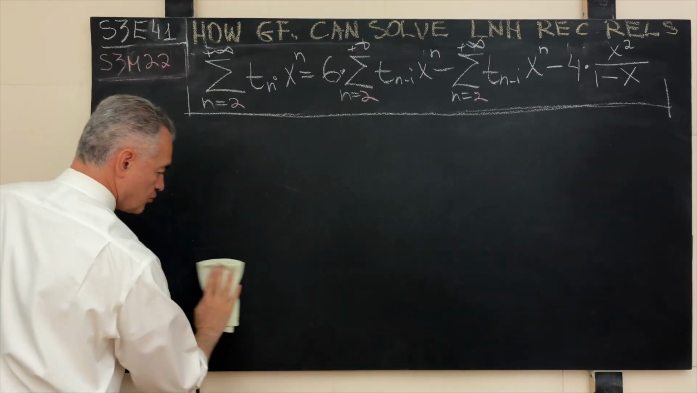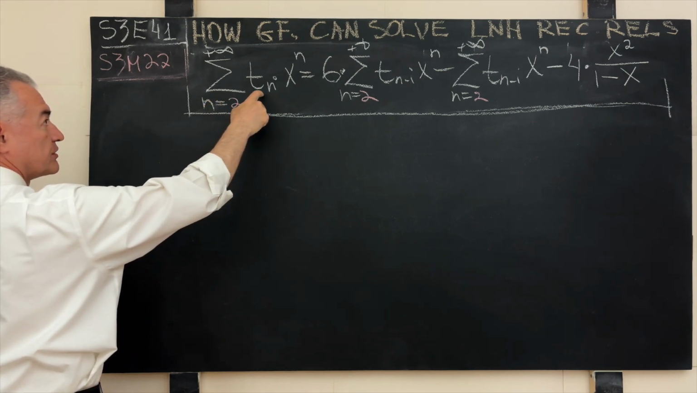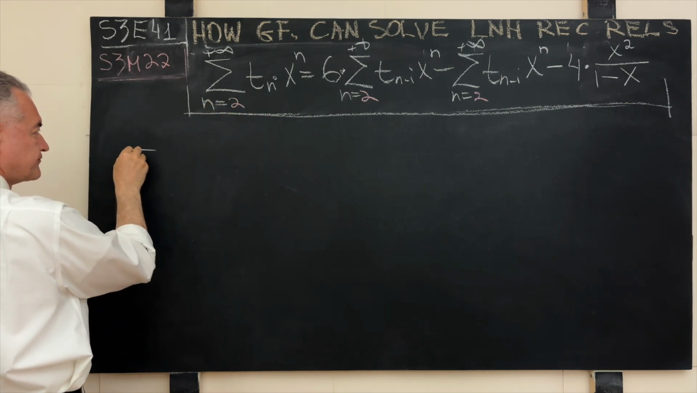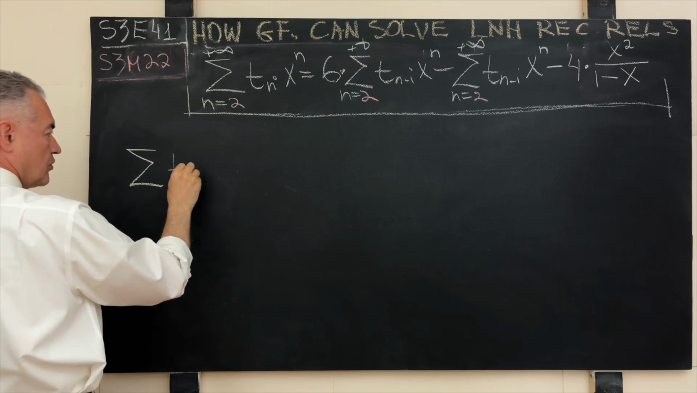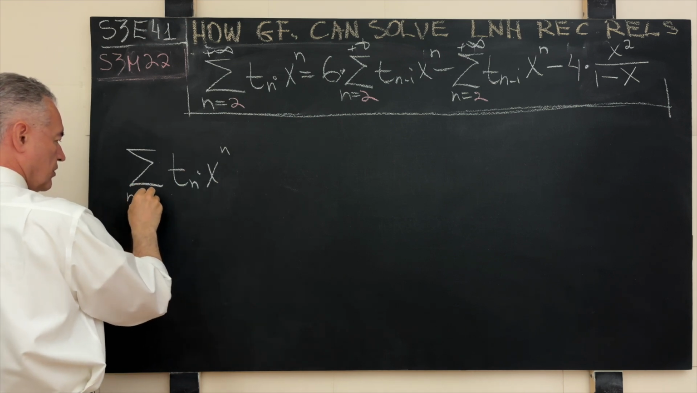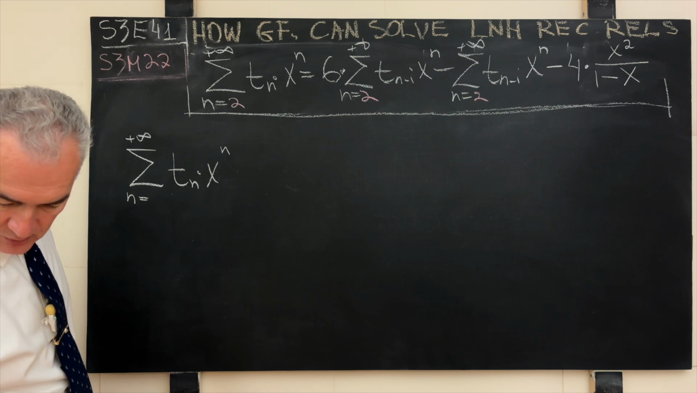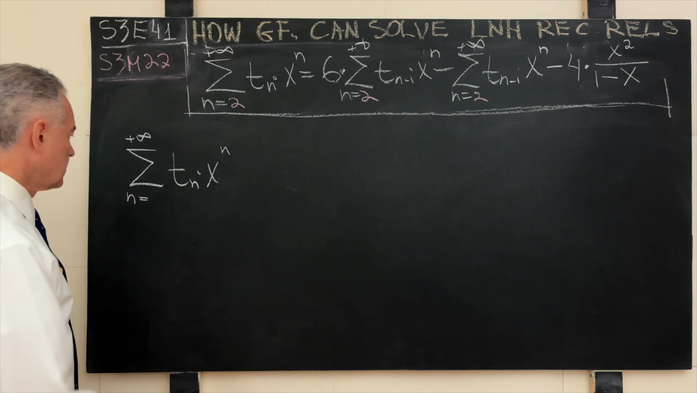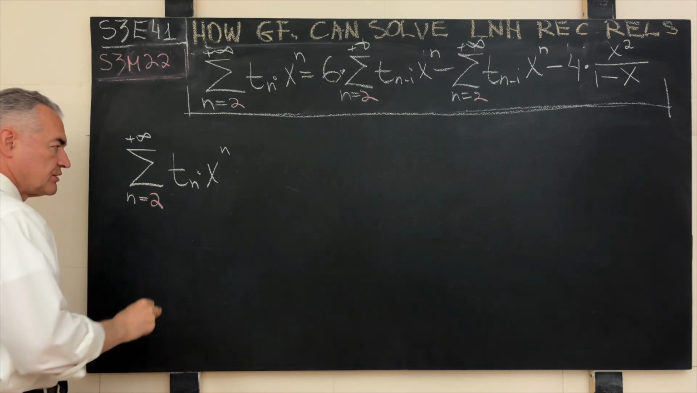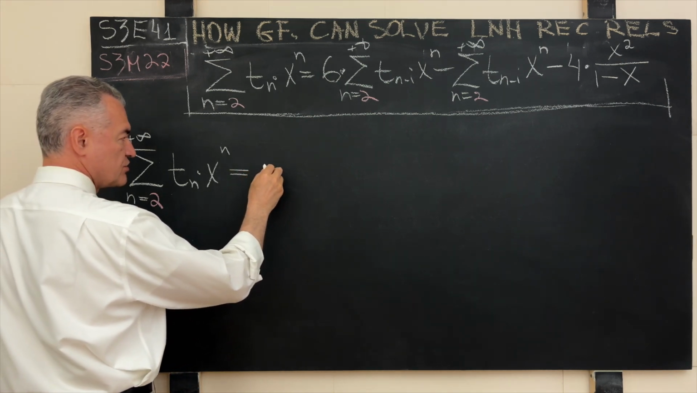Wonderful. Next, we will chew on our recurrence relation starting from the left and work on this object over here. What is this? Sum of t sub n times x raised to the power of n, where n runs starting from 2 to positive infinity. So what is this? Well, this is, again, quite straightforward. This is our function g of x